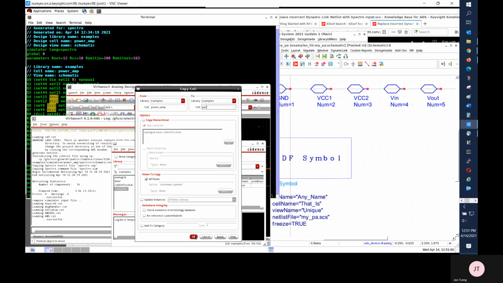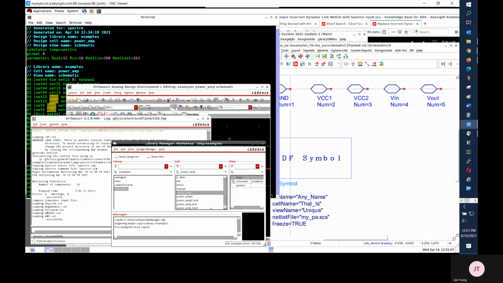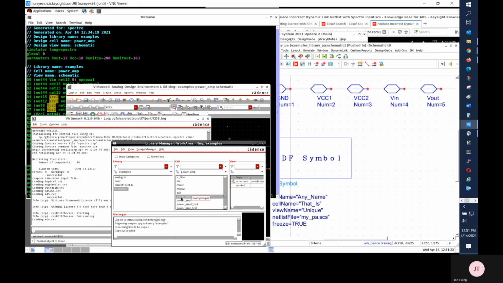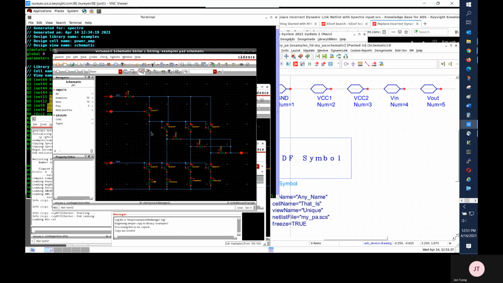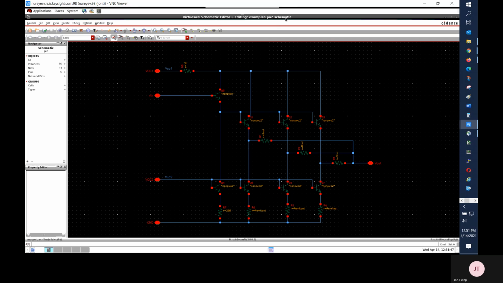I call it PA2. In this new copy, I will delete the label connected to a pin to avoid conflict.